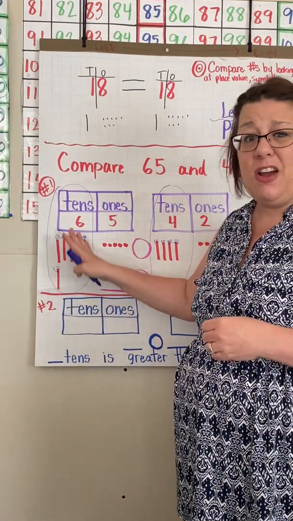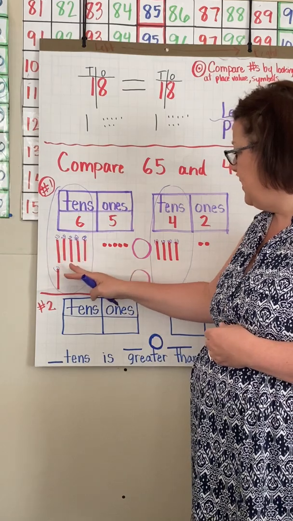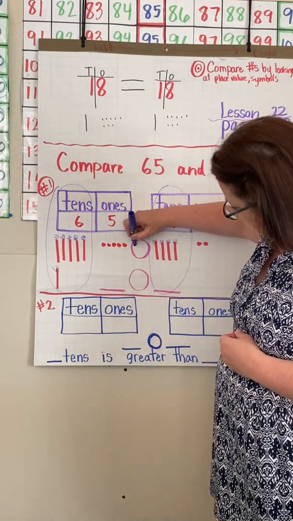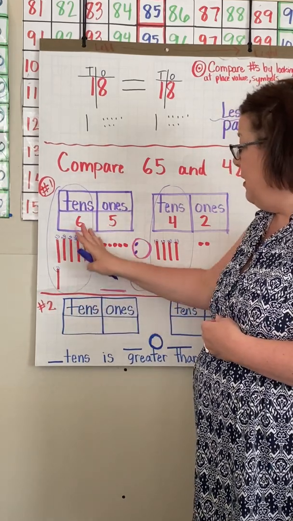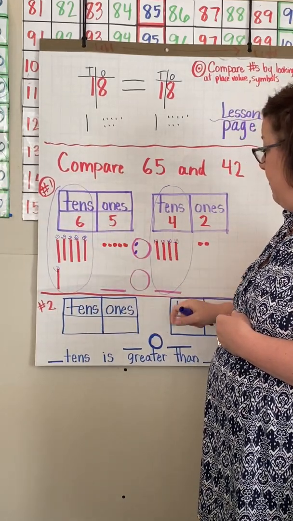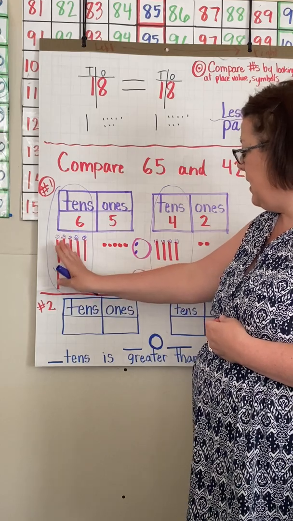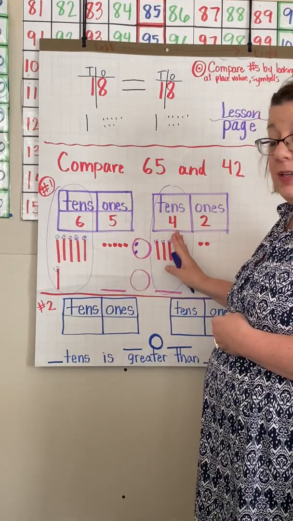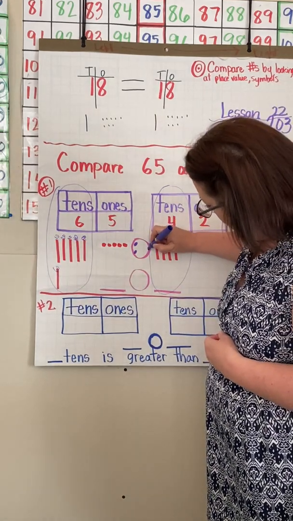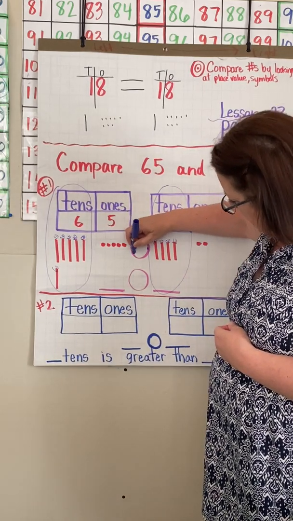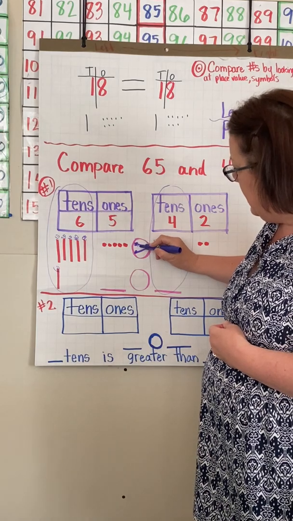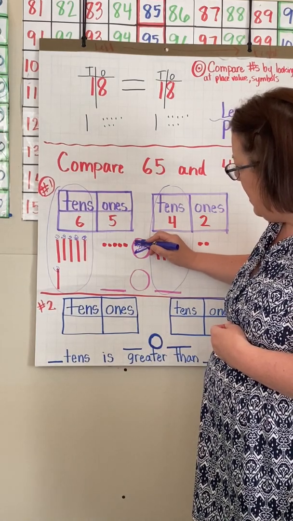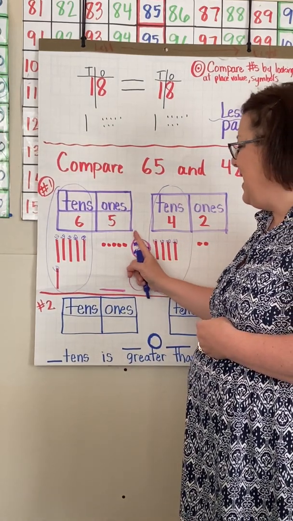We can see that there are more over on this side, so I'm going to put 2 dots on that side because that is a greater number. 6 is greater than 4. There are more on this side, and there are fewer on this side. So I'm going to put 1 for less. Then I'm going to connect it and put in the mouth, and we can see that we're going to eat